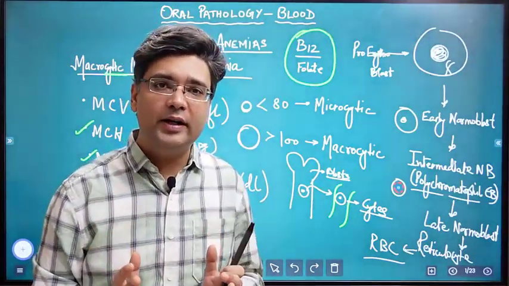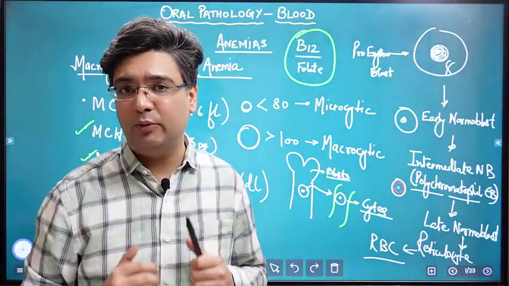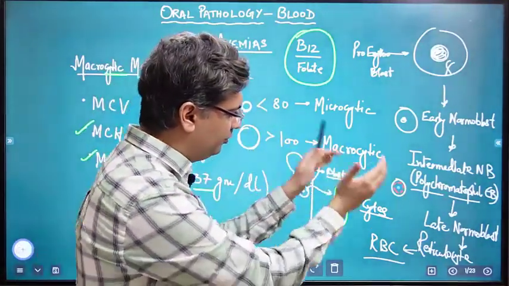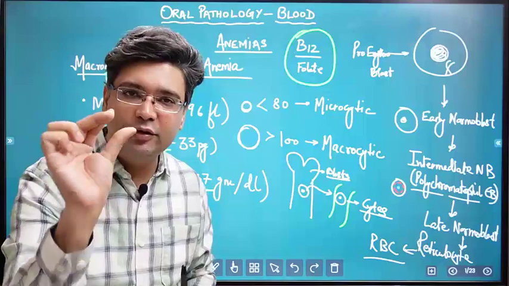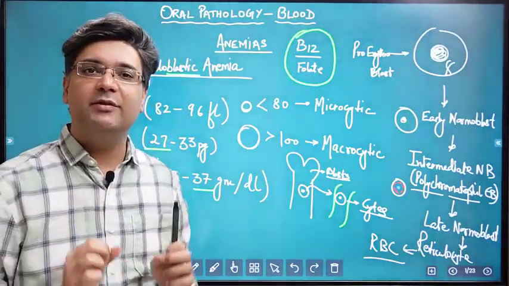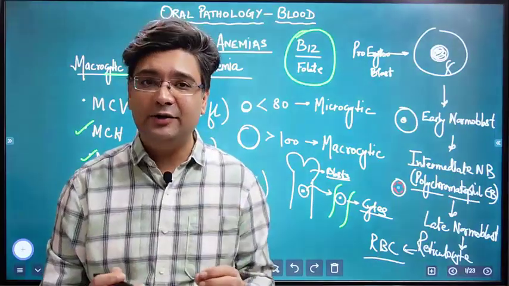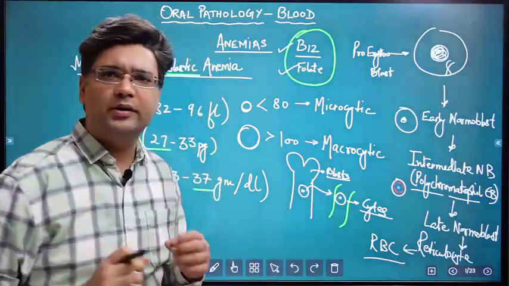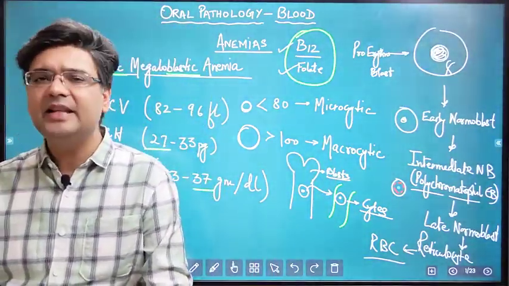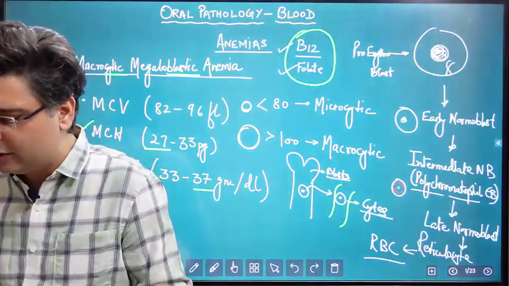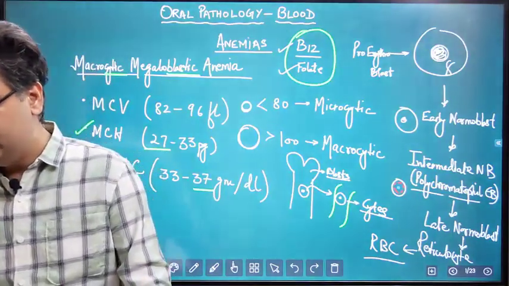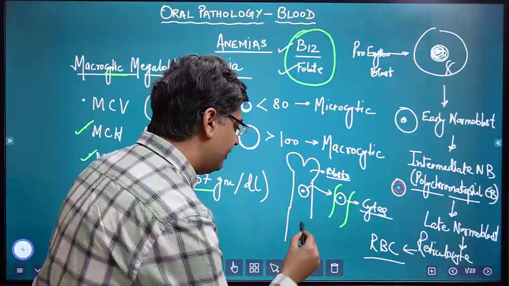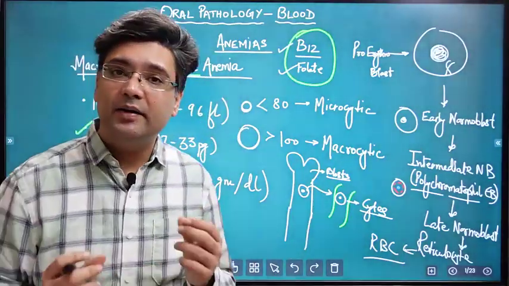So when we are not getting adequate B12 or adequate folate, what happens is this larger immature cell is thrown out from the bone marrow into the circulation. It does not mature into that normal 7.5 micrometer cell. That is what happens here, and this is why we need B12 and folate for the maturation of these cells. The cells you see here in the anemias are not maturing properly, and when there is this deficiency in the bone marrow, and if a lot of deficiency of B12 and folate is there, then some other cells are